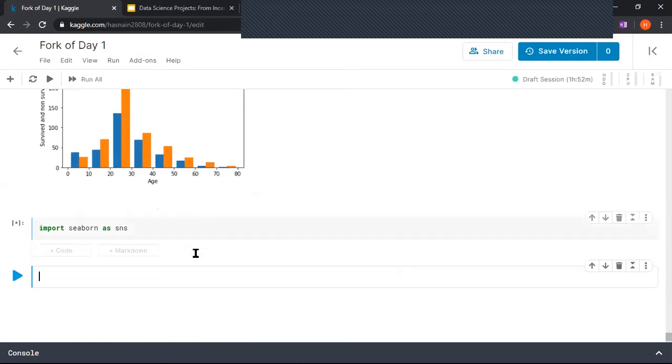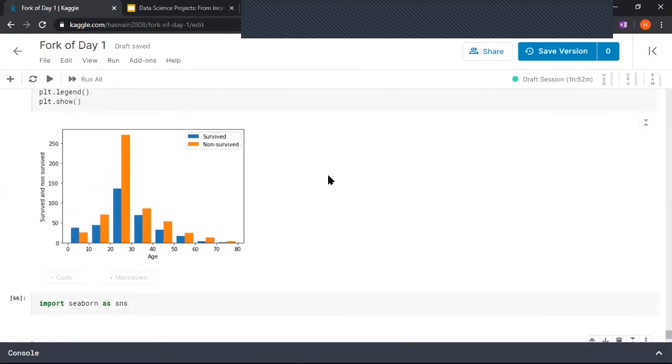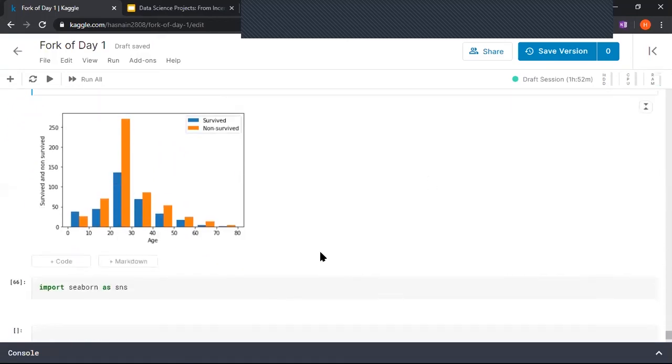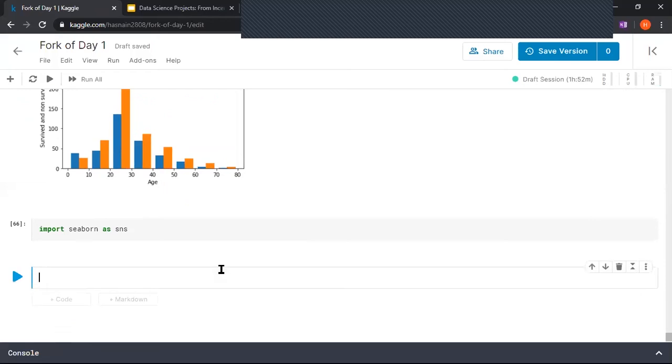Okay. So much of the basic things that we had to do here, telling pandas that you have to take survived in the first bar and not survived in the second bar, all these things are mostly automated when you use Seaborn. So basically, what I'm doing is creating a small plot using Seaborn. I'm saying I want to use the count, and then I'll tell it that I want to count the people who have survived. And what else? I'll tell it that this is the column that I want to use.